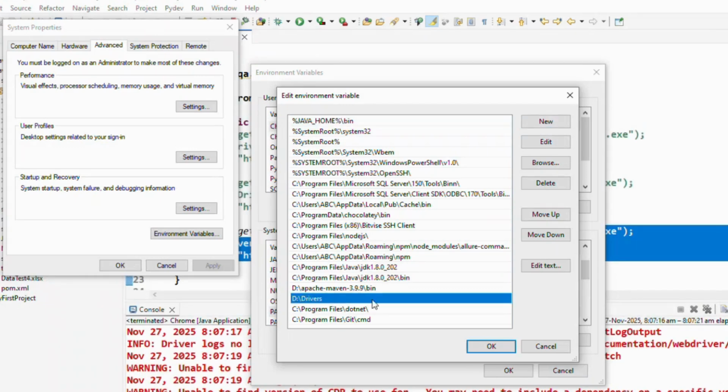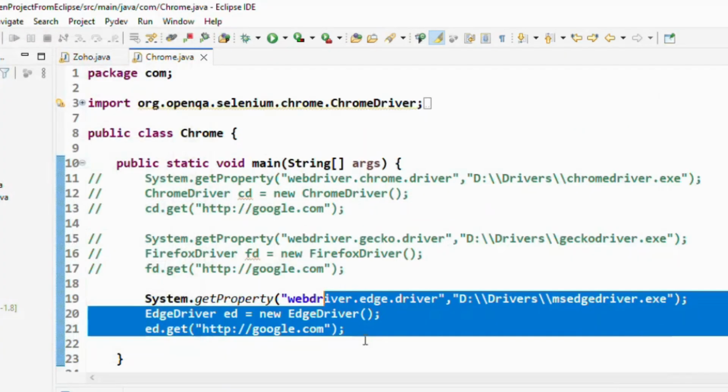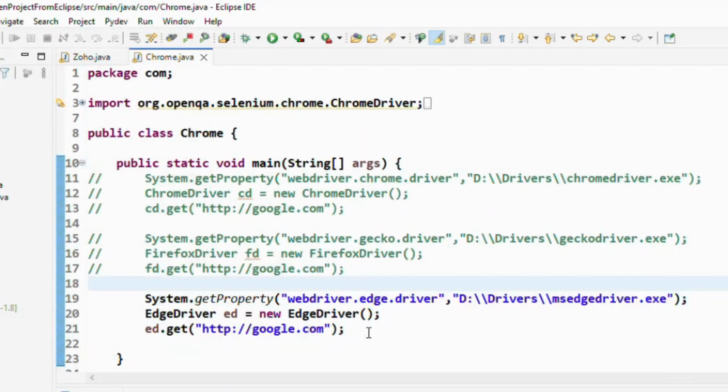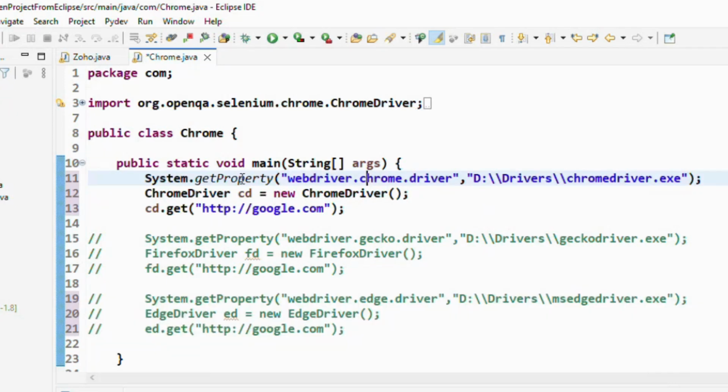Here I have already given it. You can see D:/drivers. Then click on OK, then OK. Now what will I do? First I will open my Chrome browser. I'm not going to give any path, so I will comment this one. Now if I run this,